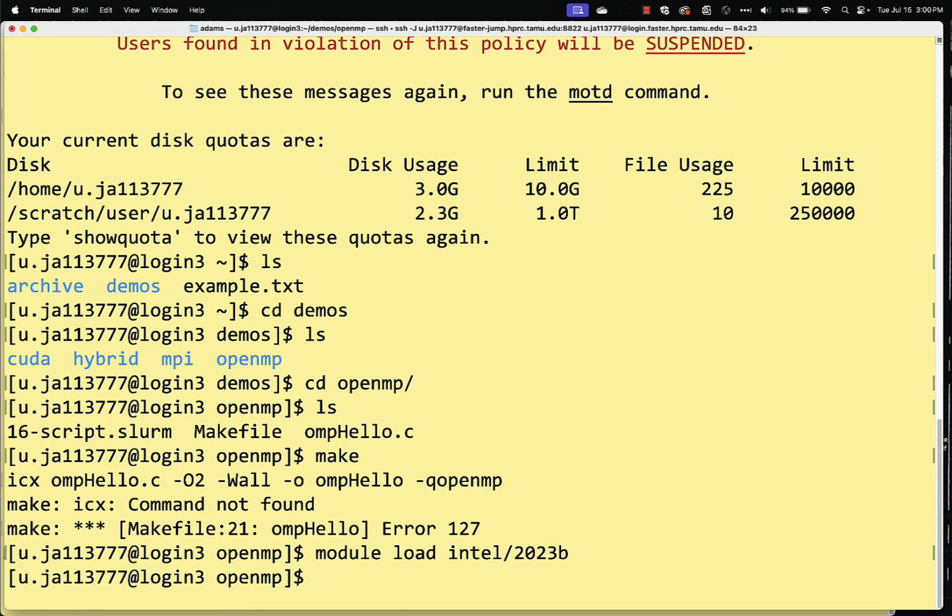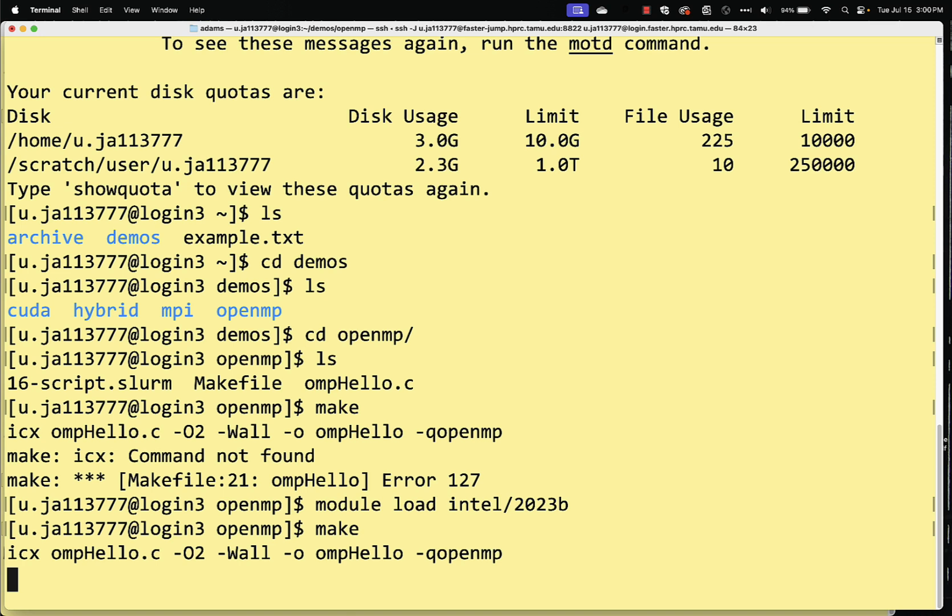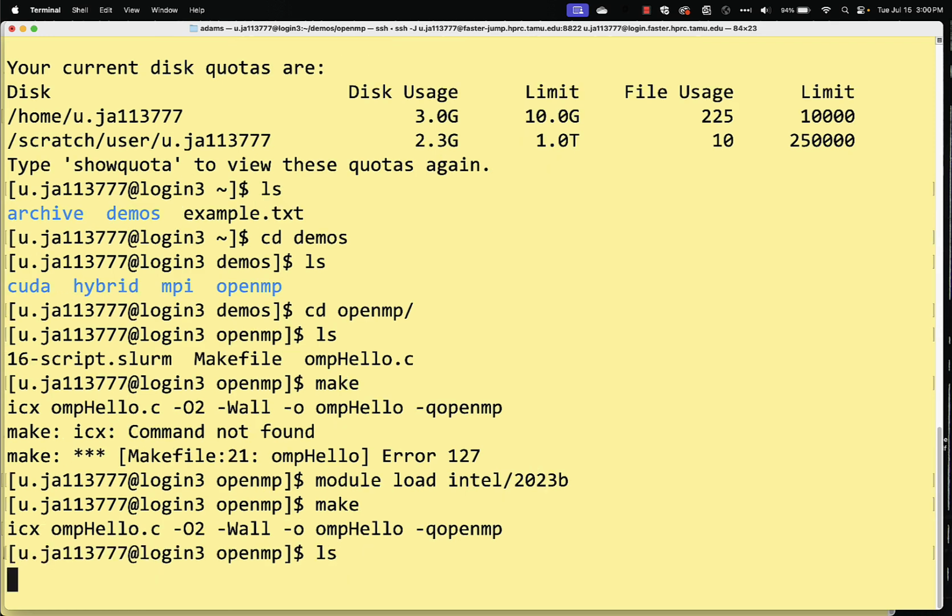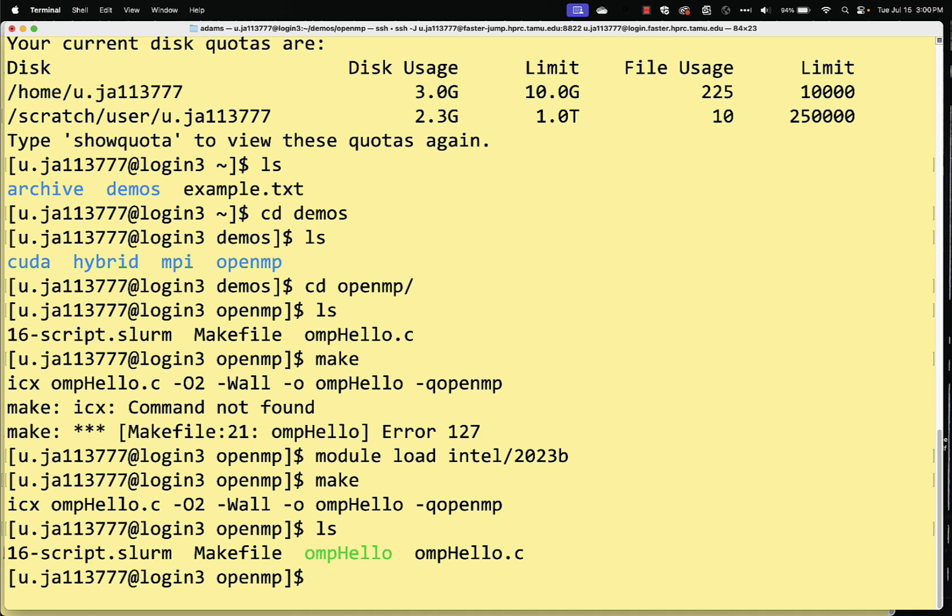With the required module loaded, I can rerun make, and after a delay, my program will build without any errors or warnings. If I enter ls again, I see that now I have a new file named omphello, shown in green here. This file is my runnable program. To run it, we will use the file